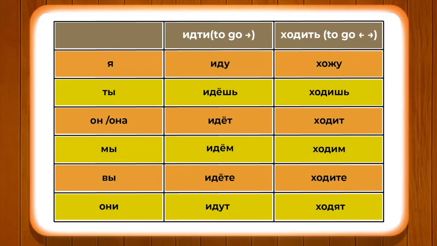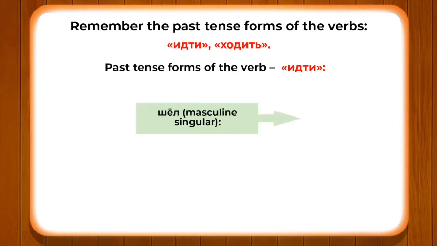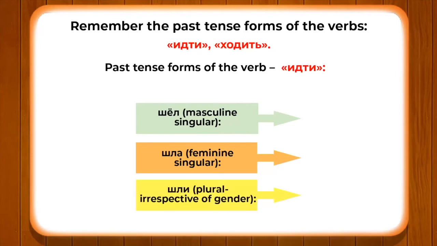Alright, now let's go ahead. Here we would like to tell you that whenever we have any form of verb, we also have the past tense forms. In case of идти and ходить, we do have the past tense form. However, you will be learning about them in a dedicated session. But here I would like to briefly touch upon how идти can be changed as per the gender of the noun. If it is masculine, then шел. If it is feminine, then шла. And if it is plural, then шли. And we have one example for each.